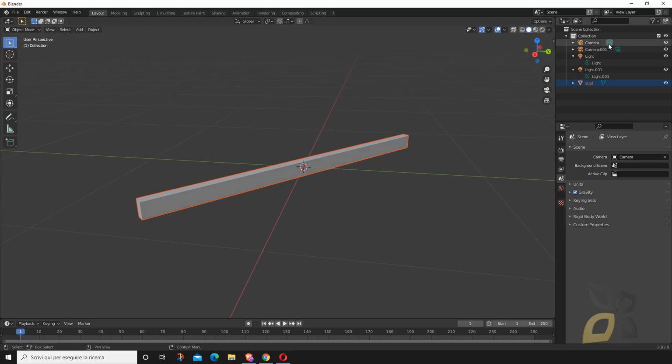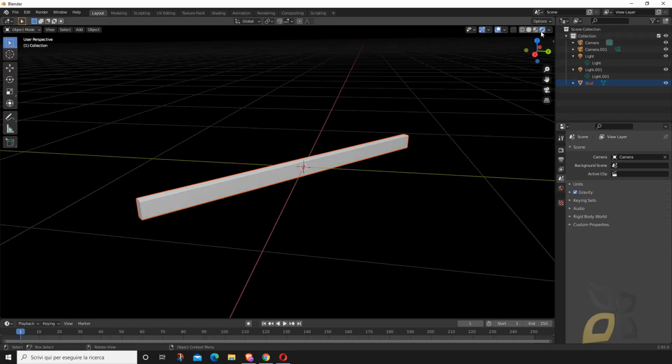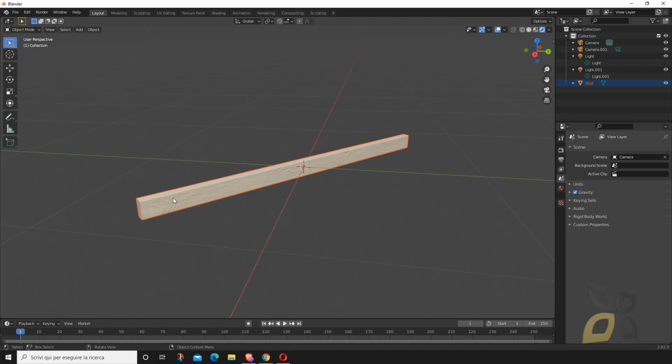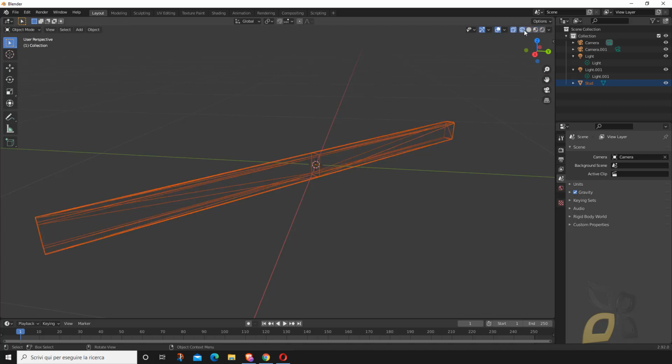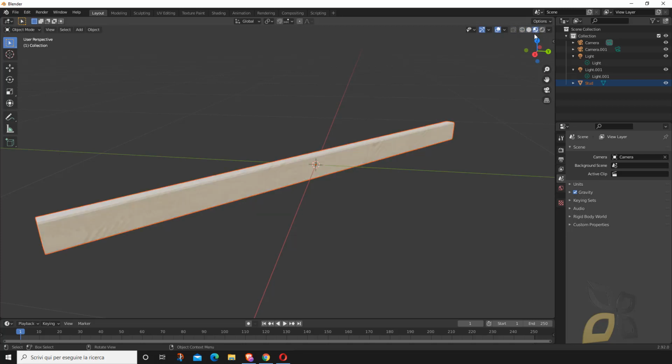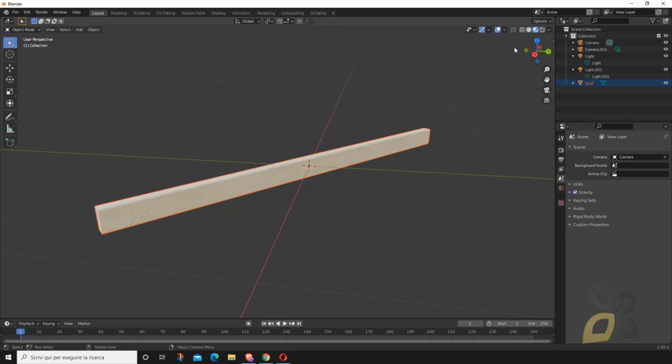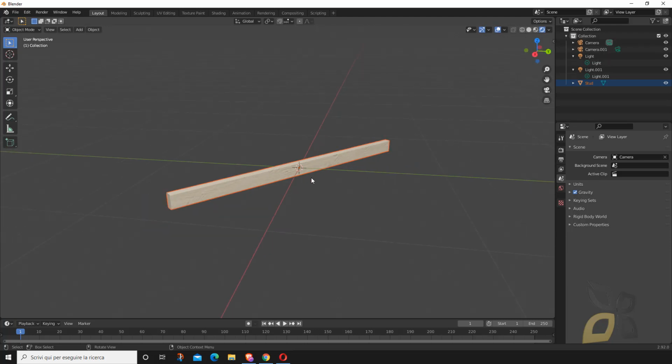So let's switch into this rendered view. So we are sure that, okay, no, actually they are there. We just didn't see those because we were in normal shading. So it actually brought also the textures and materials, but sometimes this will not happen. And this is because the textures are not always bound with the object.